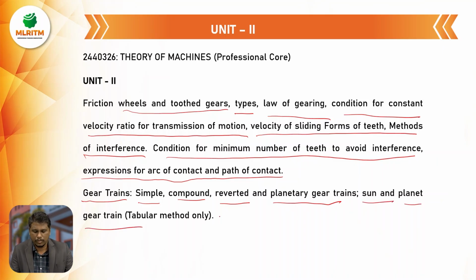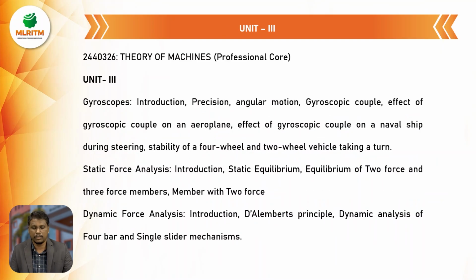So there we are going to solve by using only tabular method in the problem. Coming to the third unit or third model, gyroscope. So gyroscope, four-wheeler, two-wheeler, as well as aeroplane, and ship, naval ship. The four different topics we are going to cover in the gyroscope,